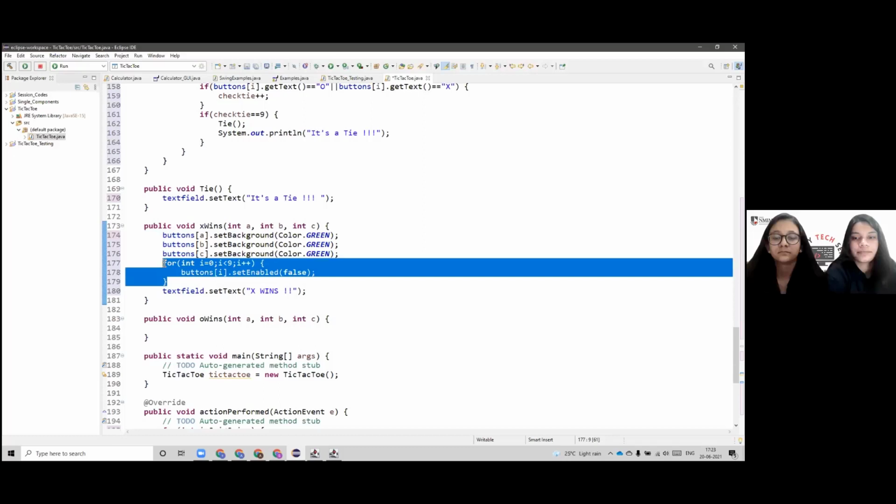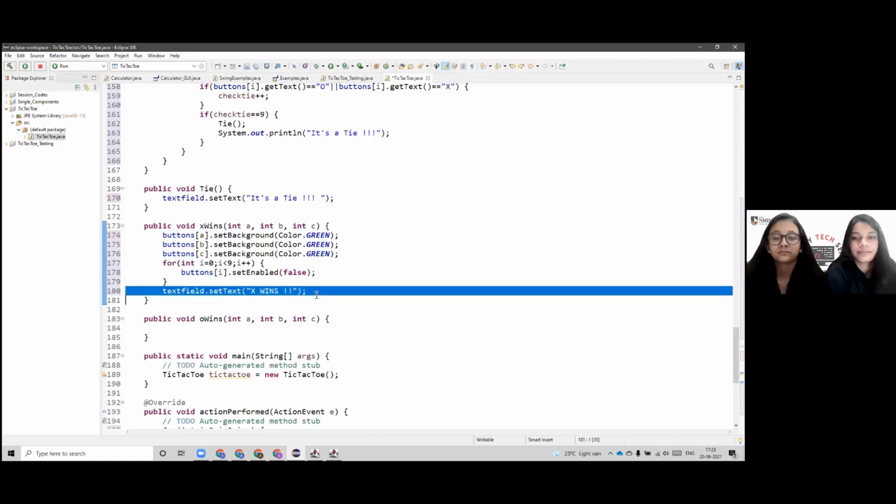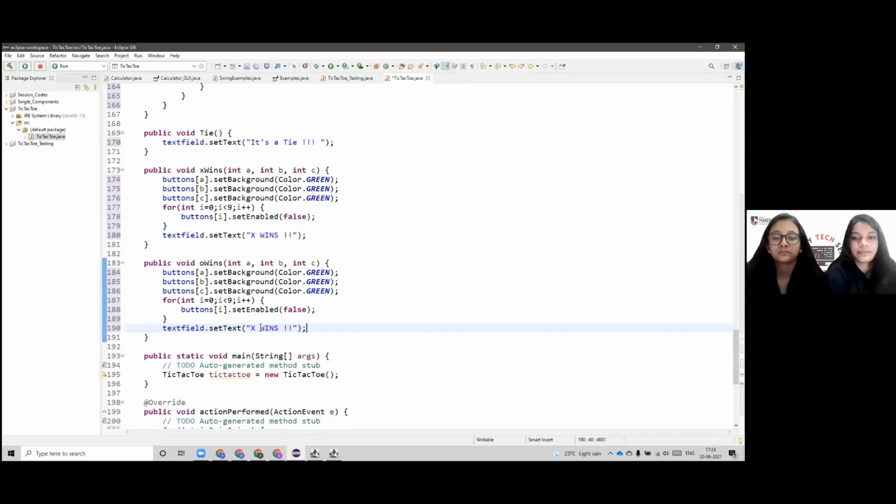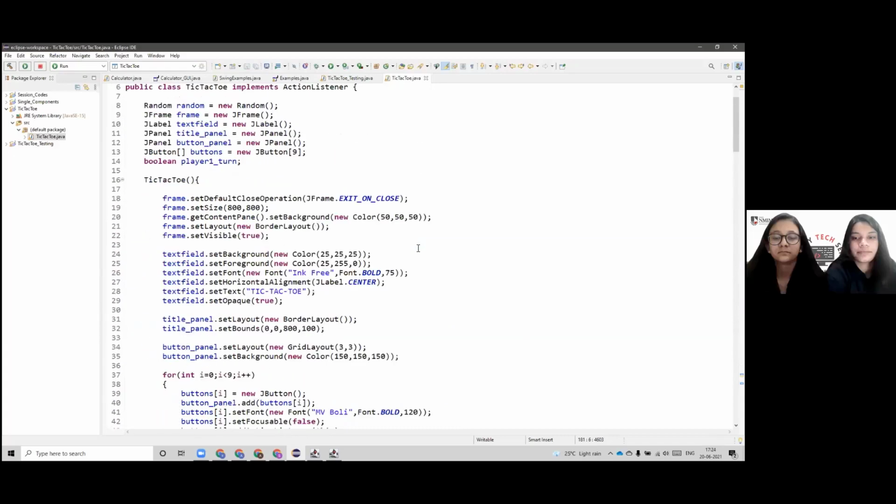So we'll put this within a for loop and we'll do this for all 9. And then lastly, we are going to change the text field to xwins. And then let us copy this and do the same thing for O. Then we are just going to change set text to O. That's it. That should be this program.